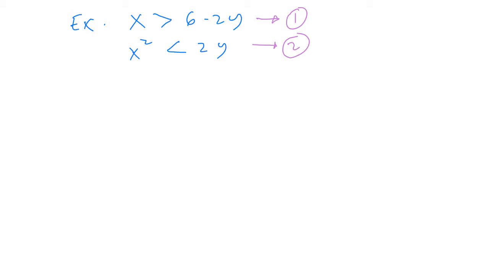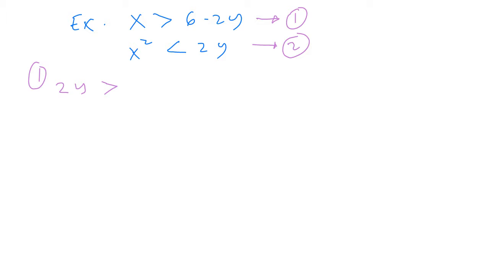Now we can change first the location of our y here. Y should be isolated. So using inequality 1, we can move negative 2y to the left side. That would be positive 2y now,